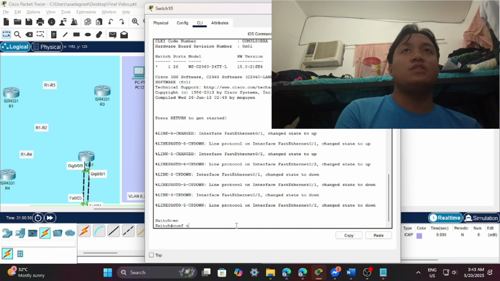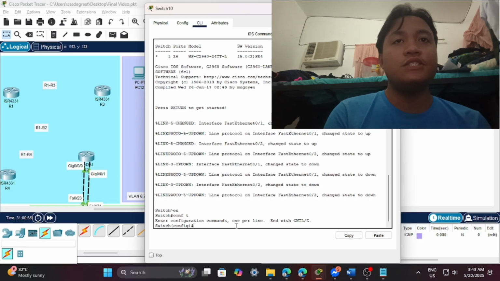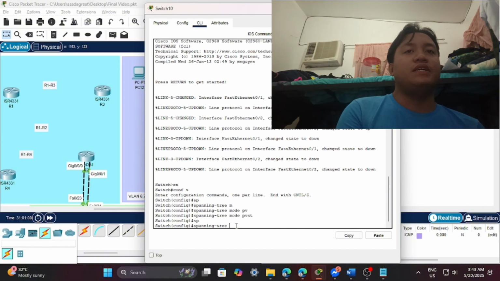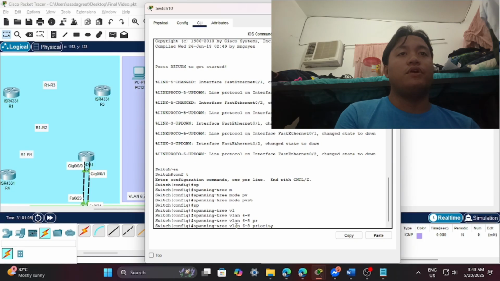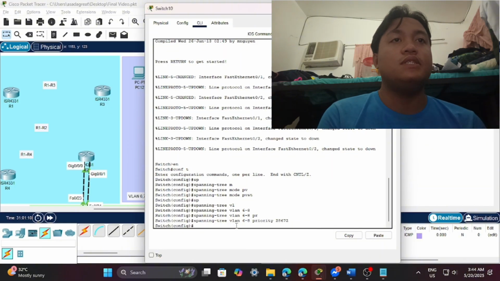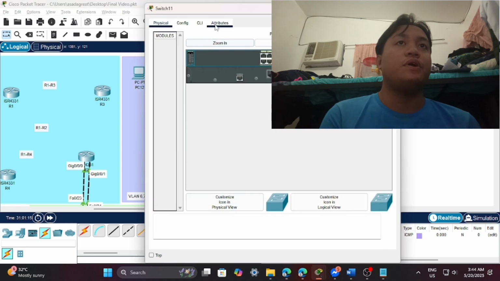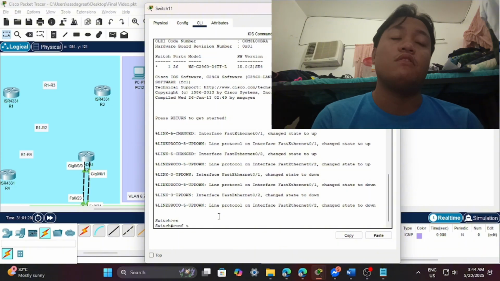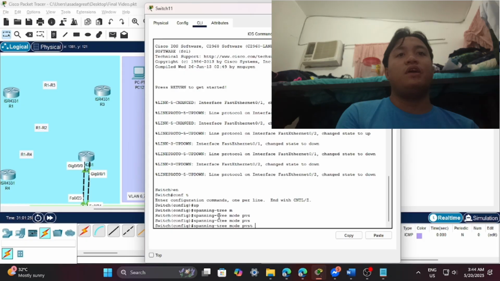So on switch 10, we're going to do the same set of commands. Spanning-tree mode PVST, spanning-tree VLAN 6 to 8, then priority. We're going to use 28672, a higher number, meaning it is less prioritized as a route for a packet when it is sent. So on switch 11, on the next switch,